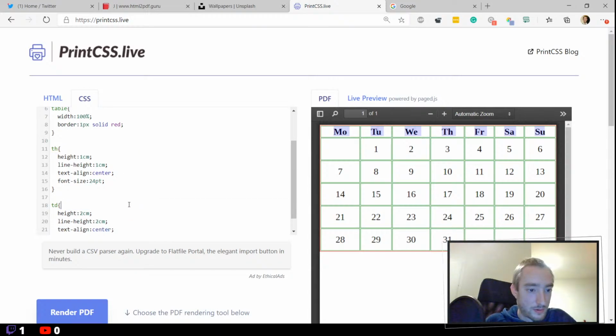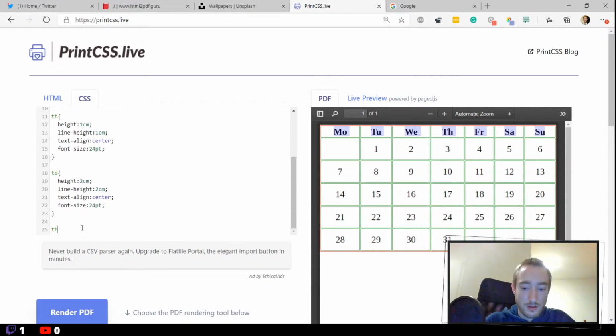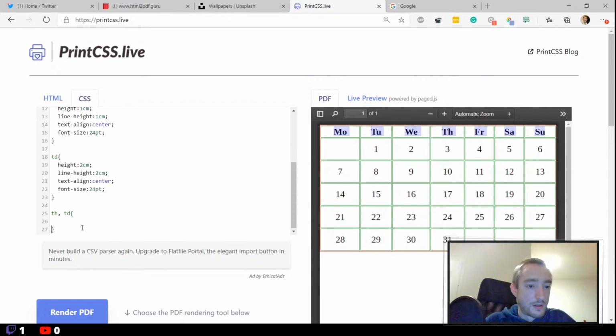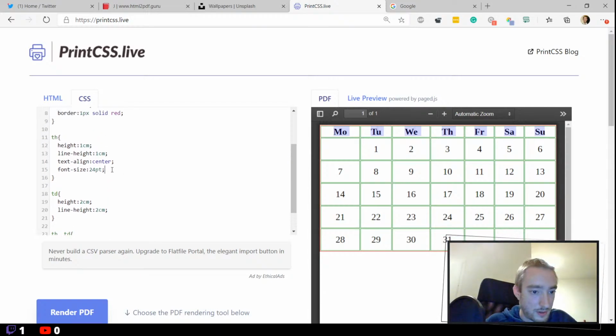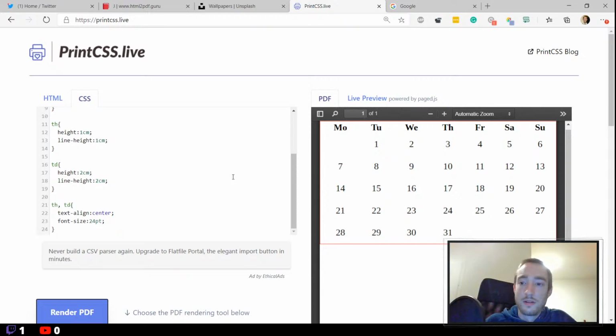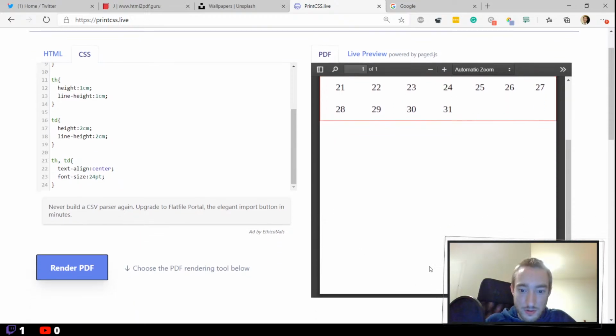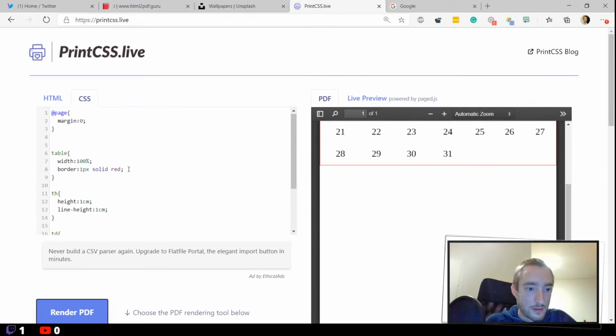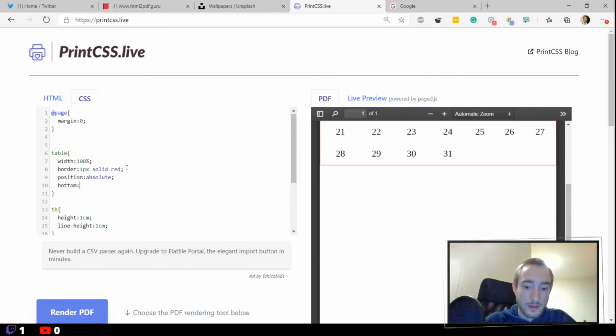So what we can do is also simplify this a little bit and say td th, and as both have the same size and the text align center, we simply put that in here and remove it from these two. So now this looks quite good, and actually what I want it on the bottom of the page, so let's do this too. So here we say position absolute, bottom 0,